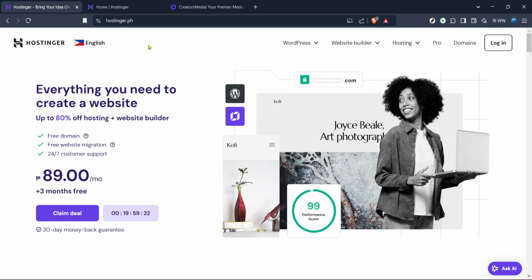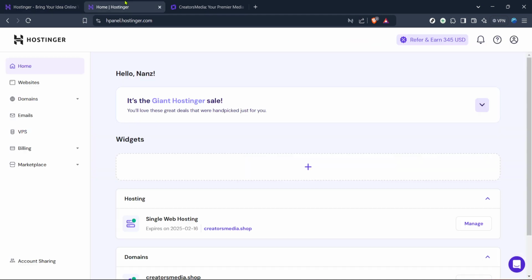If you're not already logged in, this is your cue to enter your credentials. It's important to ensure your login details are correct to avoid unnecessary delays. If you've forgotten your password, there's always a recovery option available, so don't stress too much about that. Upon successfully logging in, you'll be taken to the Hostinger home interface. This is your control hub where you'll manage all of your website related tasks.